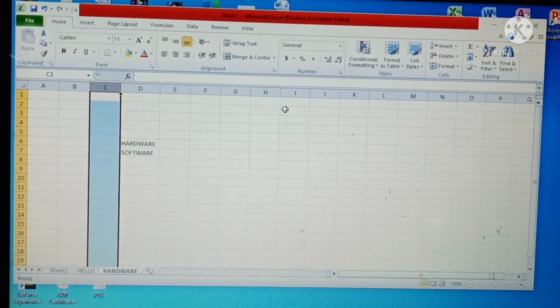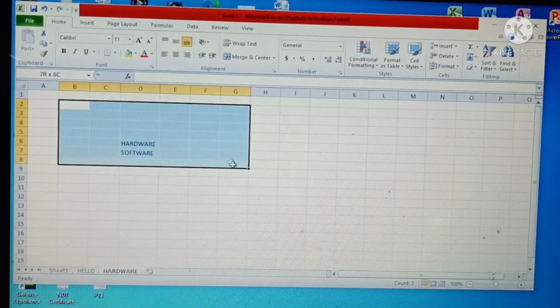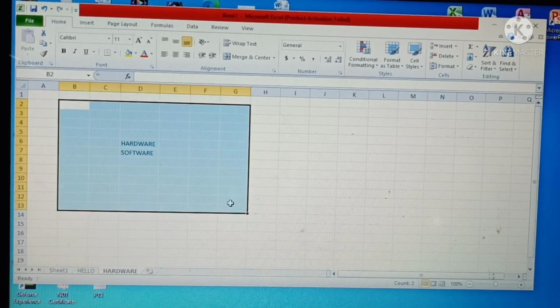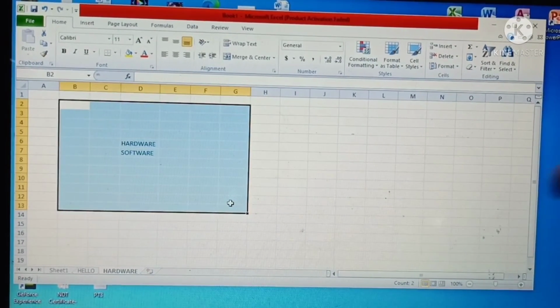Next, select a group of cells. How to select a group of cells? Place the mouse pointer over the first cell from where we want to start selection. We already said how to select a group of sentences or a group of text. For that, what did we do? You just click and drag. Here, the same process. You just click and drag from where till where. That's all. That group of cells will be activated or highlighted now.